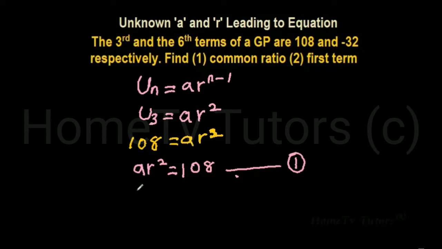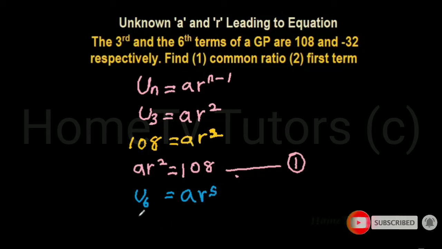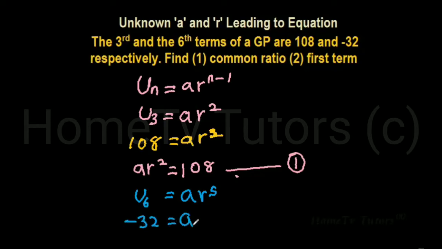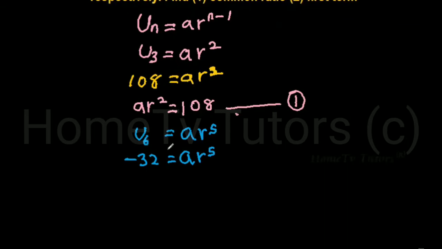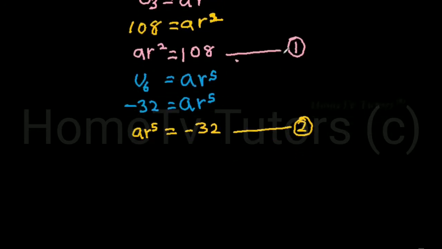And then for the sixth term, u6 equals ar to the power of 5. The sixth term is minus 32 as given in the question, which is equal to ar to the power of 5. If we also write this in the reverse order, we have ar to the power of 5 equals minus 32. Let this also be equation 2. Now we are to divide equation 2 by equation 1. That is, ar to the power of 5 equals minus 32 to be divided by